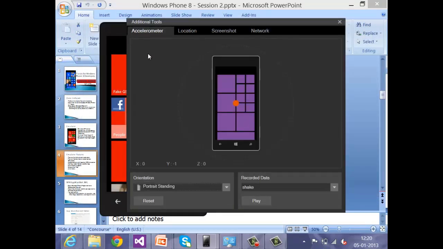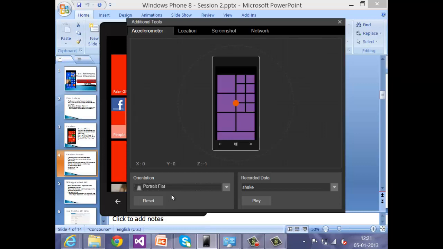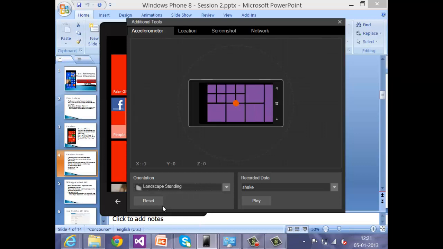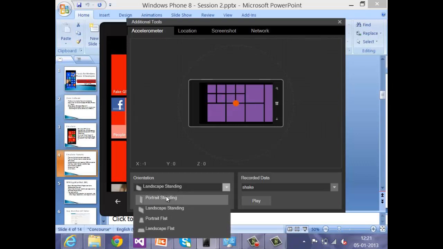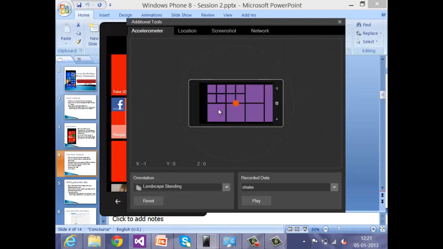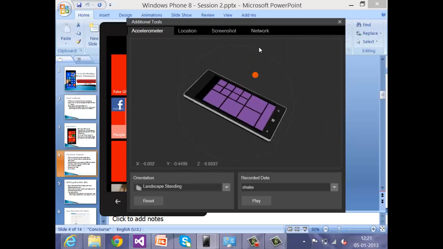So then I have something called accelerometer, and I'll be able to change the orientation of the emulator here with the portrait or landscape, and I'll also be able to simulate the accelerometer of the Windows Phone emulator.